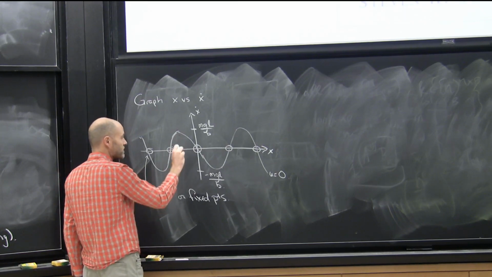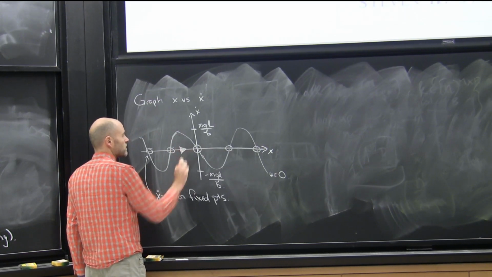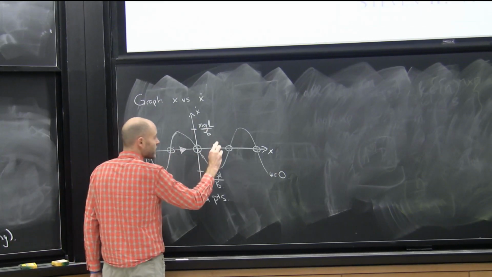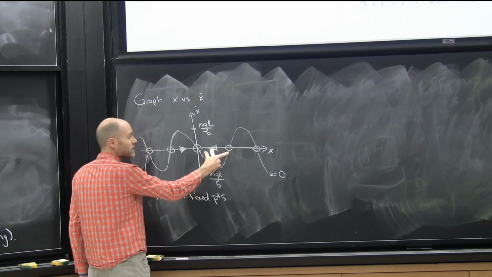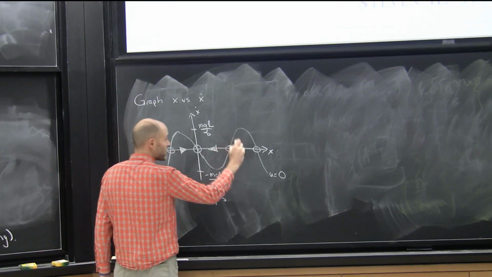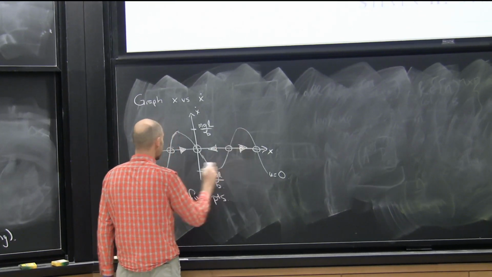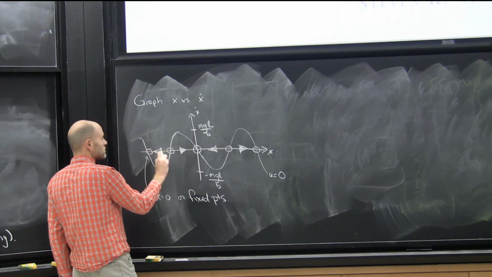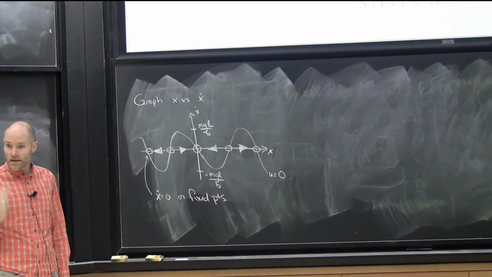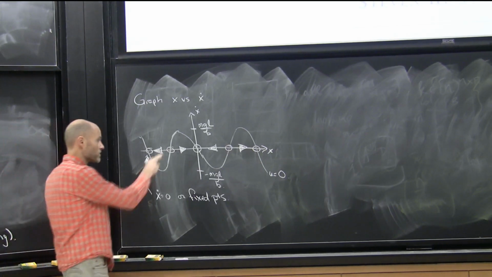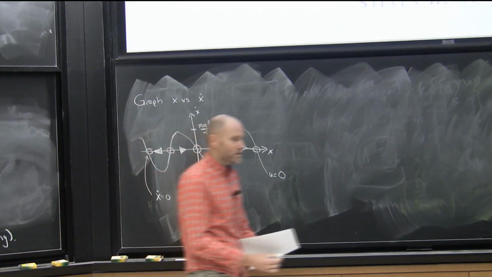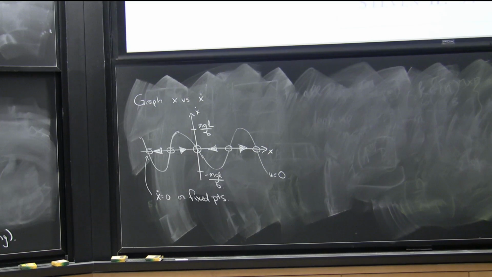If it's above the axis, that means anything that starts here is going to move that way. If it's below the axis, everything in that set of initial conditions is going to move that way. And similarly, anytime I am above or below the axis, I can immediately know what's happening in those regions. Not as a function of time, that's harder, but it's certainly the direction. So I can instantly just graphically see that,